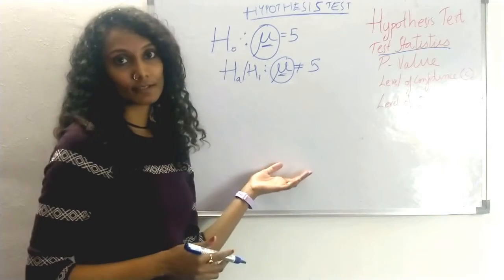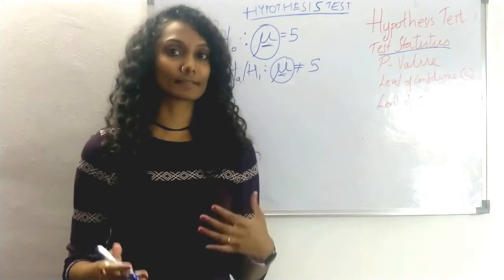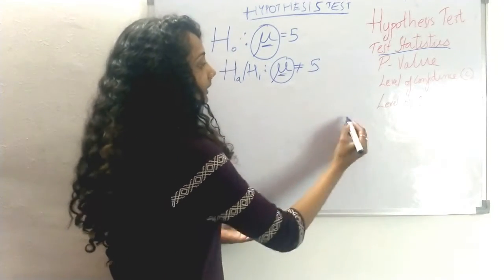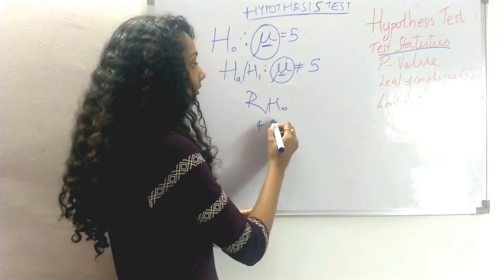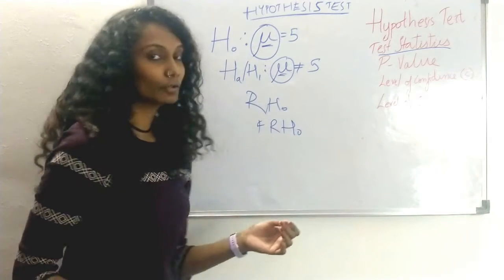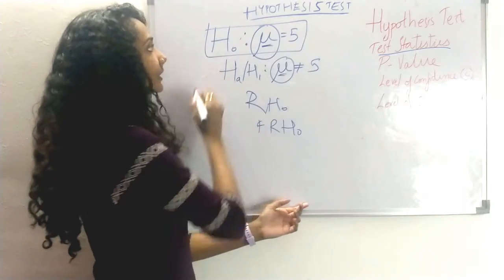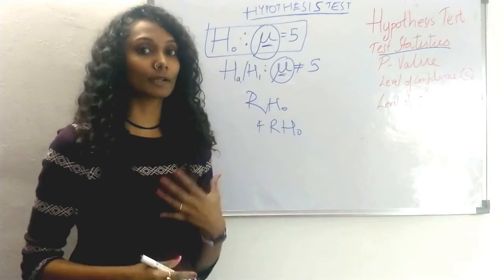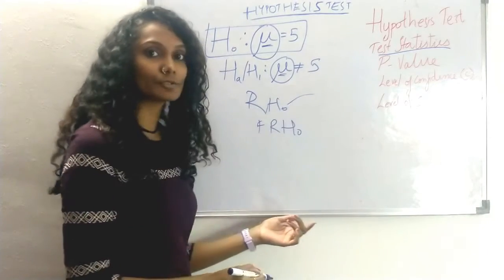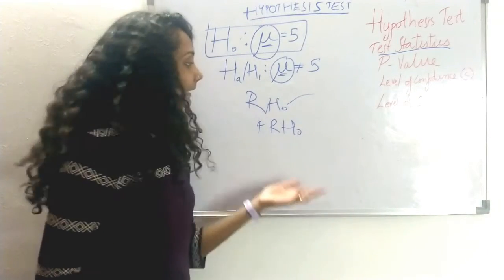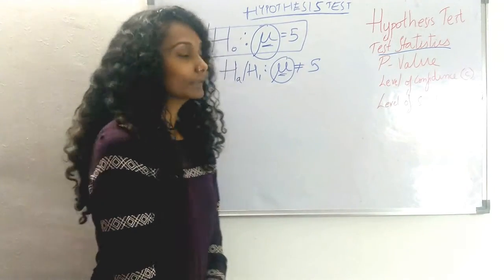We run a hypothesis test to check which of these two statements is correct. The result of this test can either be rejecting the null hypothesis or failing to reject the null hypothesis. We do not use the term accept because we are taking the null hypothesis and trying to disprove it, or trying to collect evidence to disprove the null hypothesis. Hence, we either reject the null hypothesis or we fail to reject the null hypothesis. And this is the terminology we use when we are dealing with hypothesis tests.